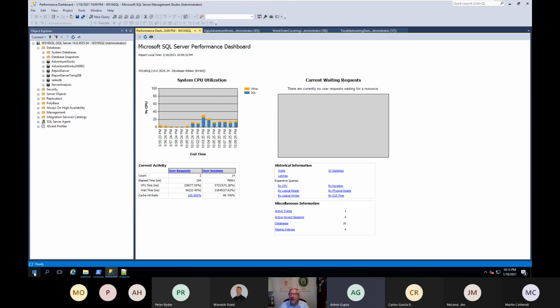Right. But let's say, for example, that the problem you're trying to solve isn't necessarily tuning the most expensive query, but you're trying to isolate a network capture problem, right? The performance dashboard isn't going to tell you when you've got network latency, whereas capturing the performance counters and linking the performance counter data with the queries that are run at that time is much more likely to allow you to drill in.